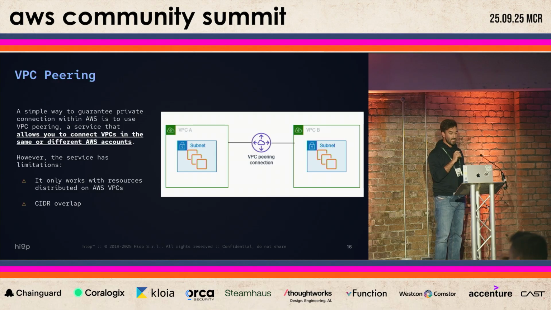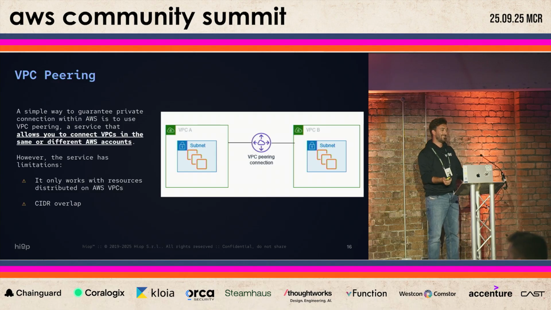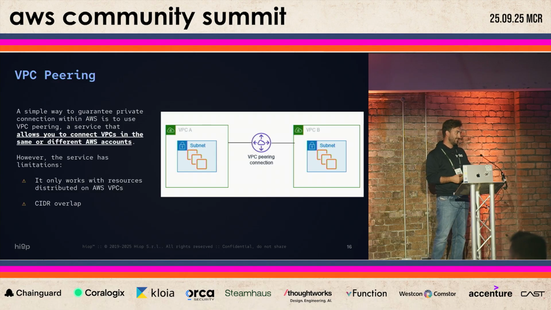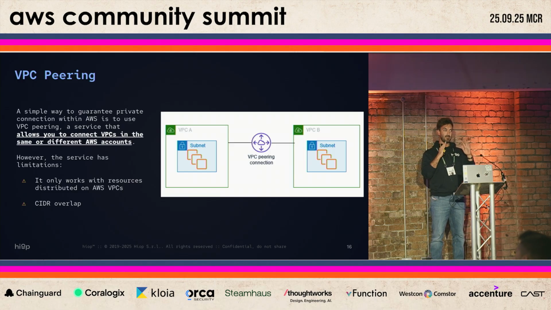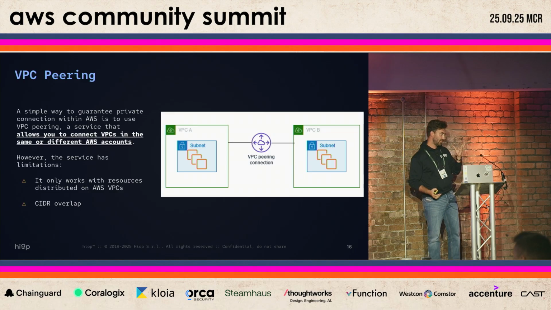Because, of course, it works with the resources that are distributed inside the VPCs and the subnets. But also, there is a CIDR overlap. So you cannot use the same IP addresses inside the VPCs to create a VPC peering connection. In what sense?